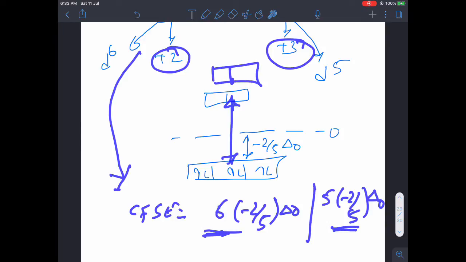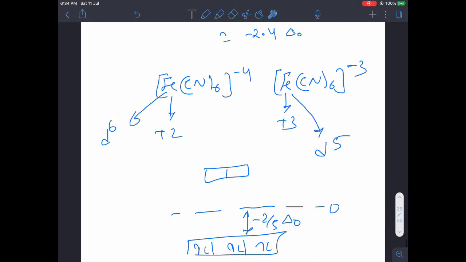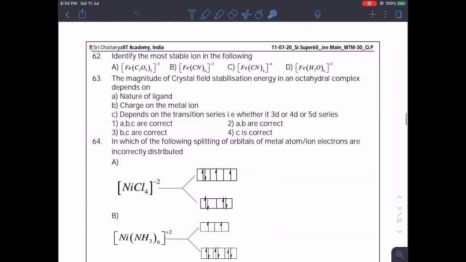So that's why it is experimental to determine which factor has more impact, and the increase in oxidation number is more as compared to increasing an electron here. So because of that this becomes more stable. So don't commit this mistake. It is because the value of delta O is higher in this case, and that's why iron +3 is more stable as compared to iron +2. So out of these two, the correct answer will be B only.